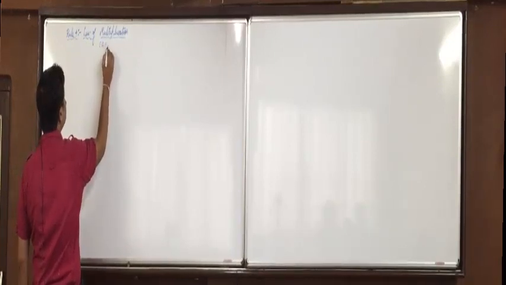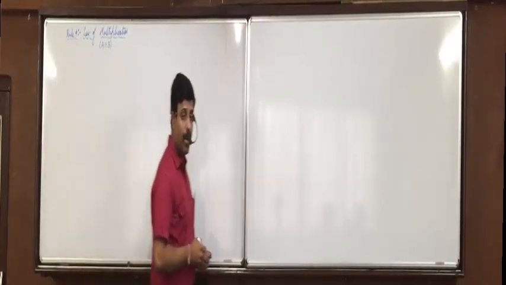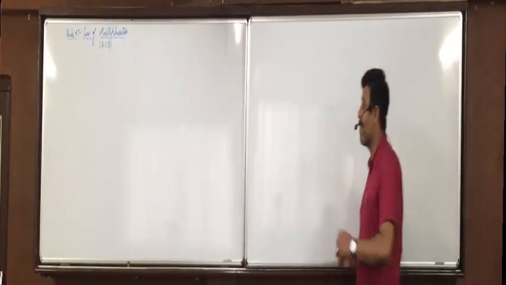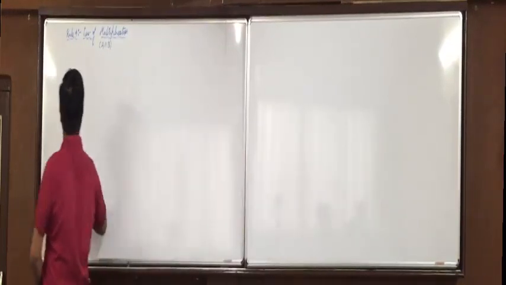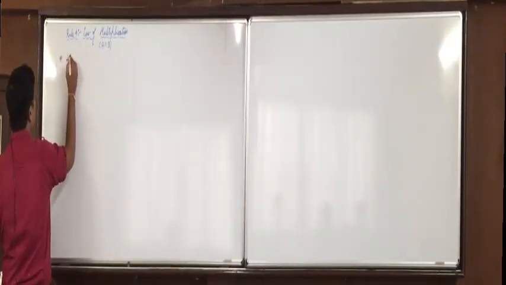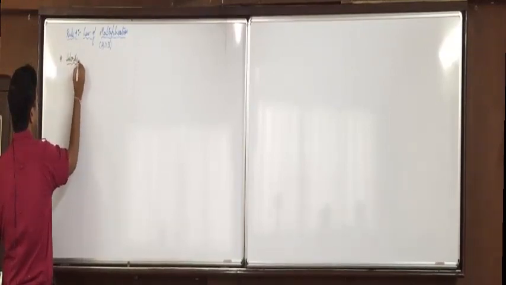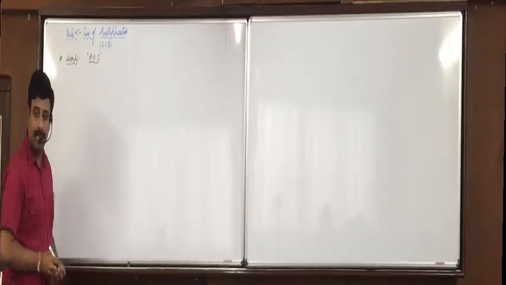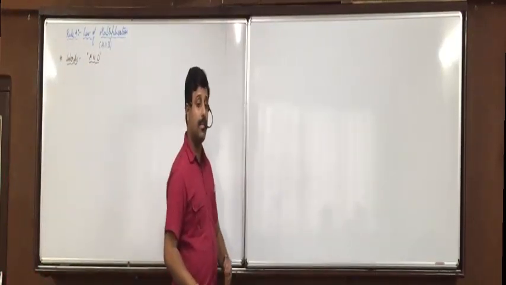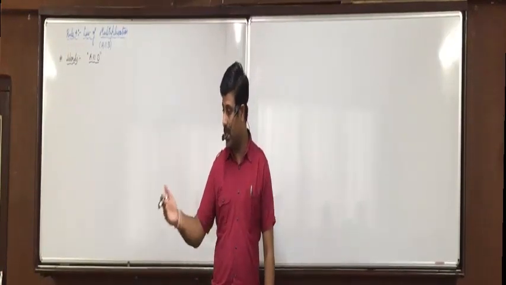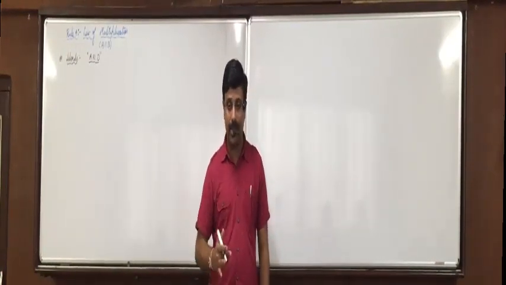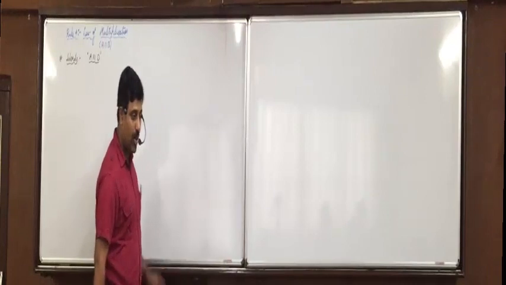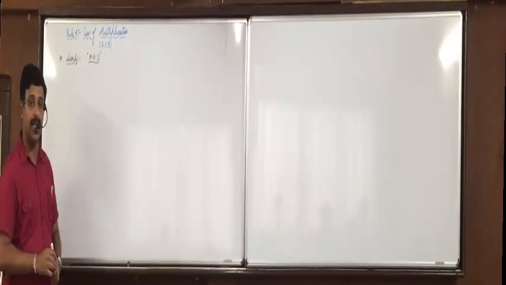Multiplication means A intersection B. Okay, multiplication means intersection. Now, which are the words which indicate the law of multiplication? Only one word, "and". If "and" comes, it is the law of multiplication. If you remember, in so many questions we have done so far, whenever "and" has been coming, we have been marking it as A intersection B. So "and" indicates the law of multiplication, which is A intersection B.